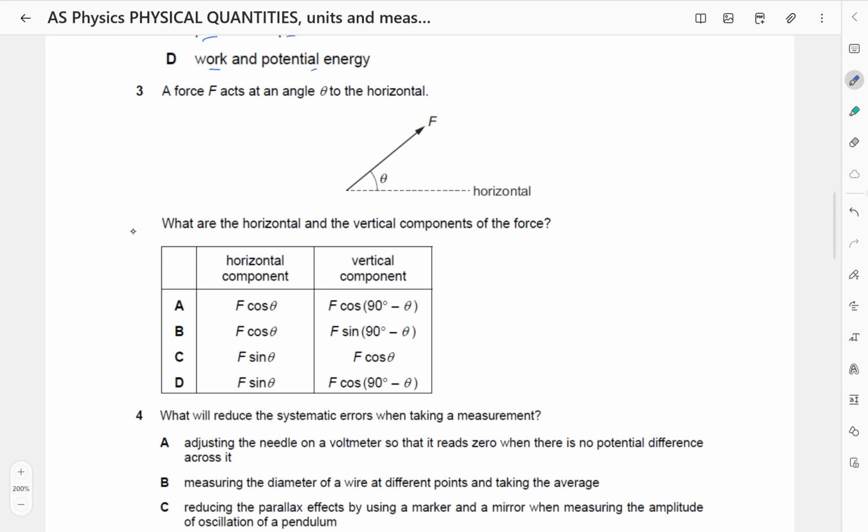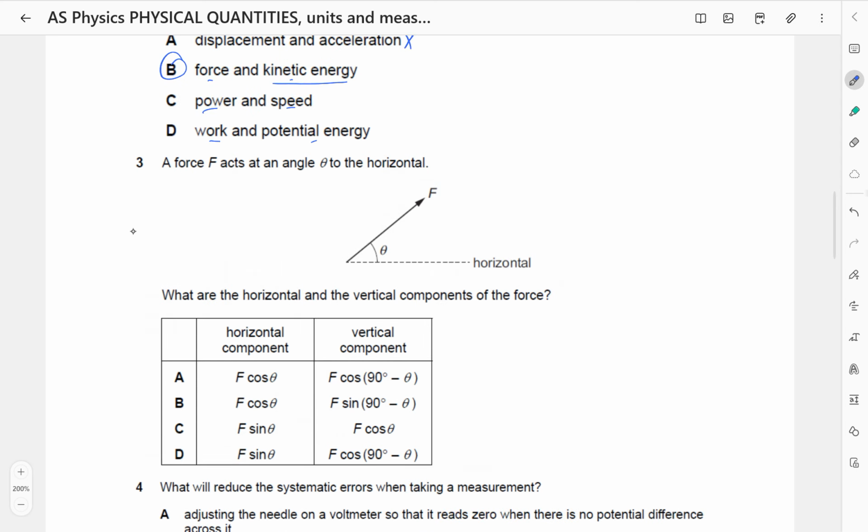So we resolve this to the horizontal. Resolving to the horizontal, that is automatically, by now you should be an expert. It is automatically F cos theta. Resolving it to the vertical, it should be, this is